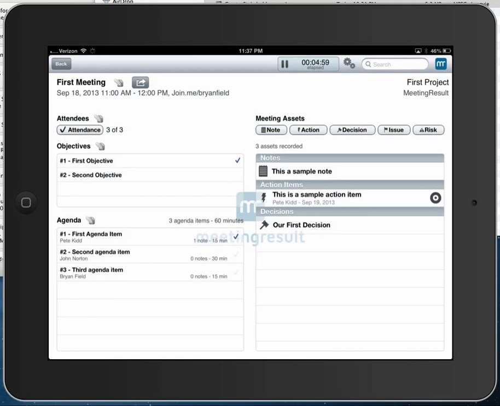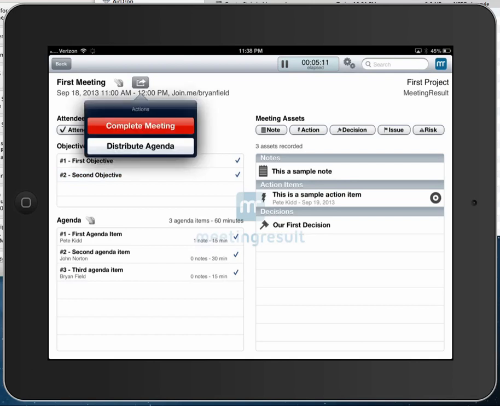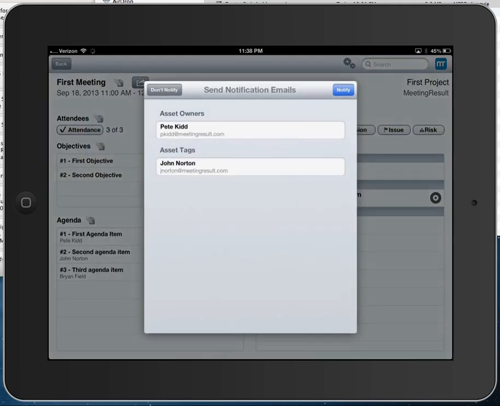As we work our way through the meeting, we continue to capture all the meeting assets. We continue to record our achievement of the agenda and our objectives. And when we are completed with the meeting, we'll click on the arrow button next to the name, and we'll choose the Complete Meeting option. This will